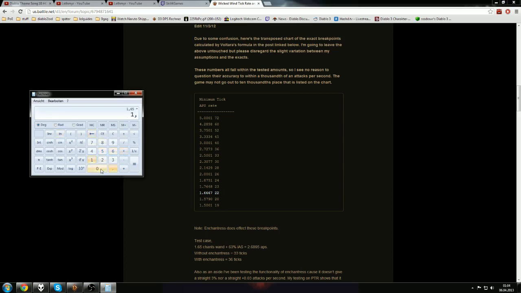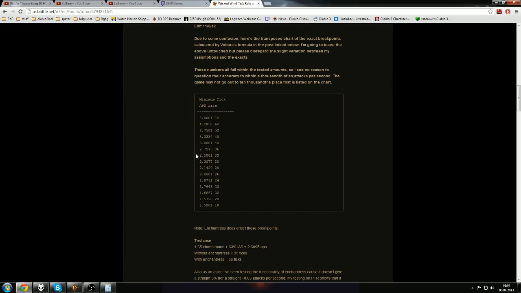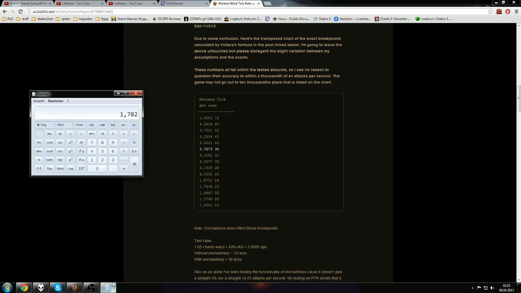So it's around there. You want to at least hit this breakpoint, 2.5, and in most cases you want 2.73 for 36 ticks per second. So to hit that value with 1.64 base, you need at least